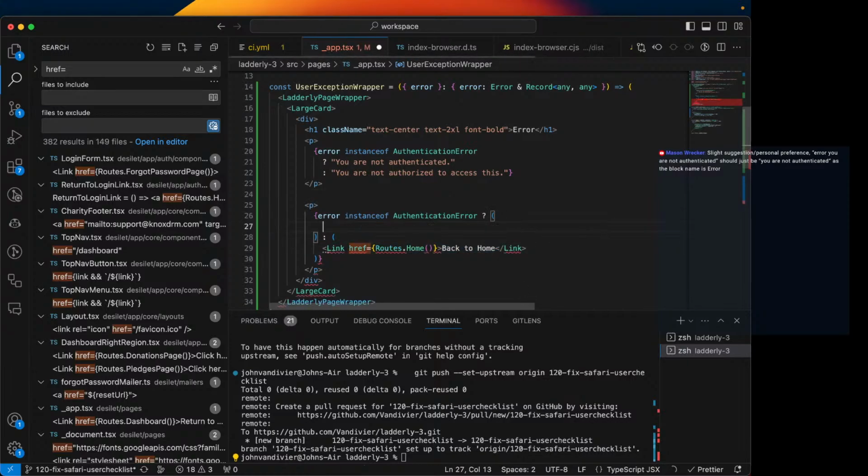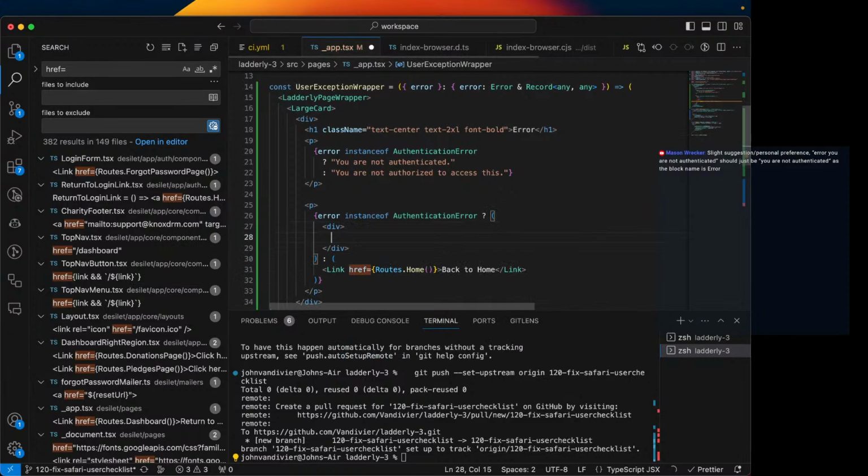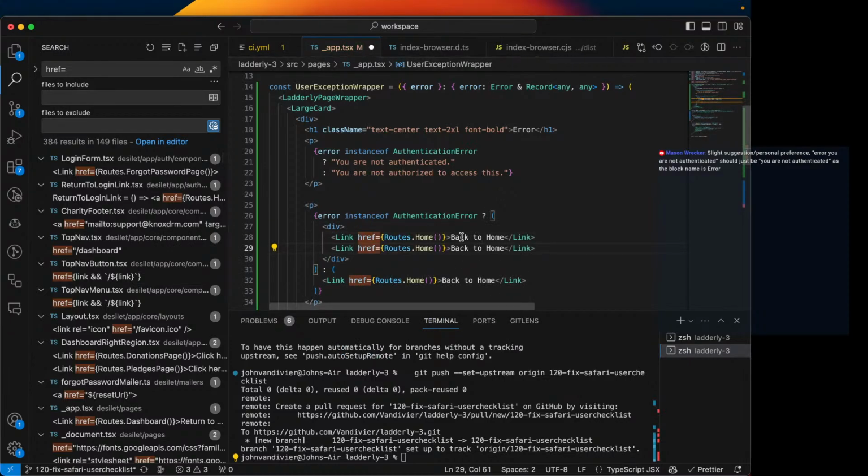Okay, so here we'll do a div, and it'll contain two components. One is a